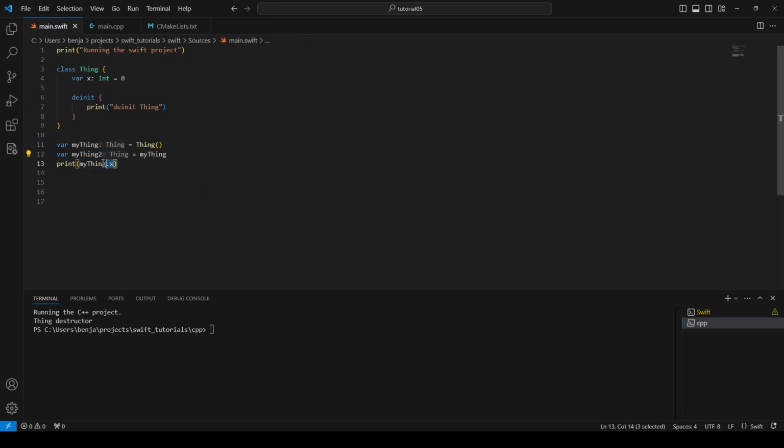And then when this program finishes running, my thing 2 goes out of scope, the reference count gets decremented. My thing goes out of scope, the reference count gets decremented again, it reaches 0, and the memory gets freed. To show that, I've added a deinit, which is the Swift equivalent of a destructor for the Thing type. And if I run this,